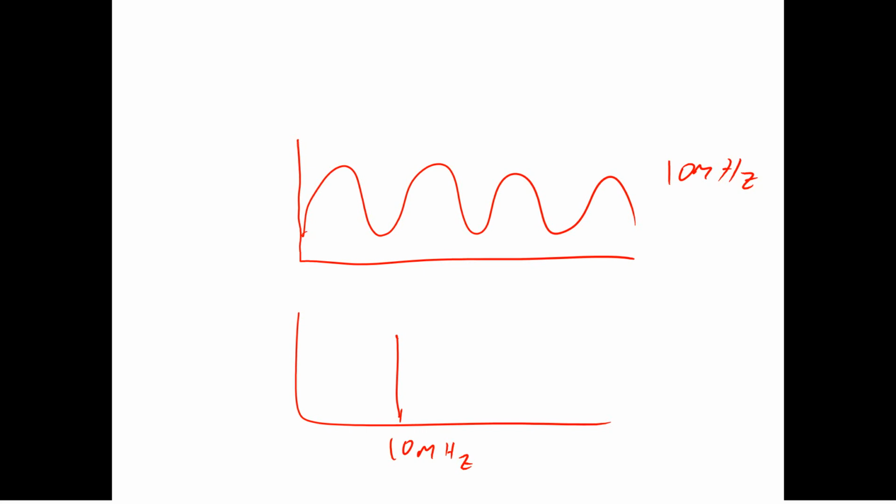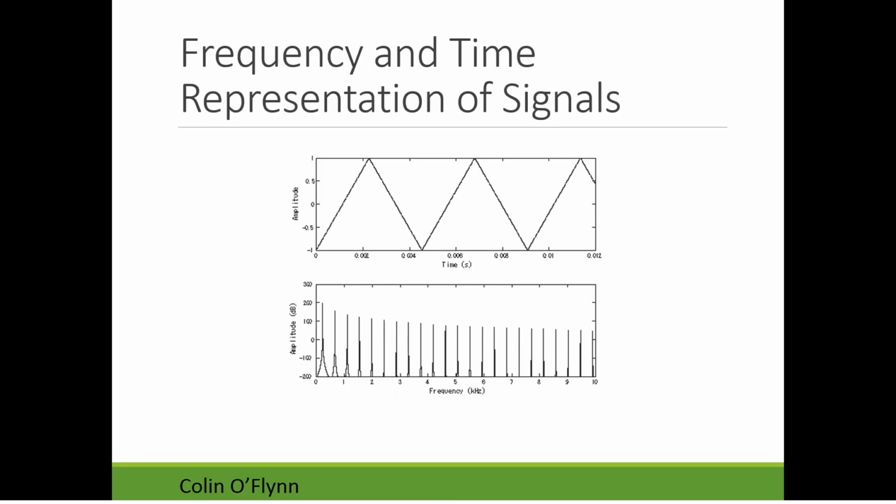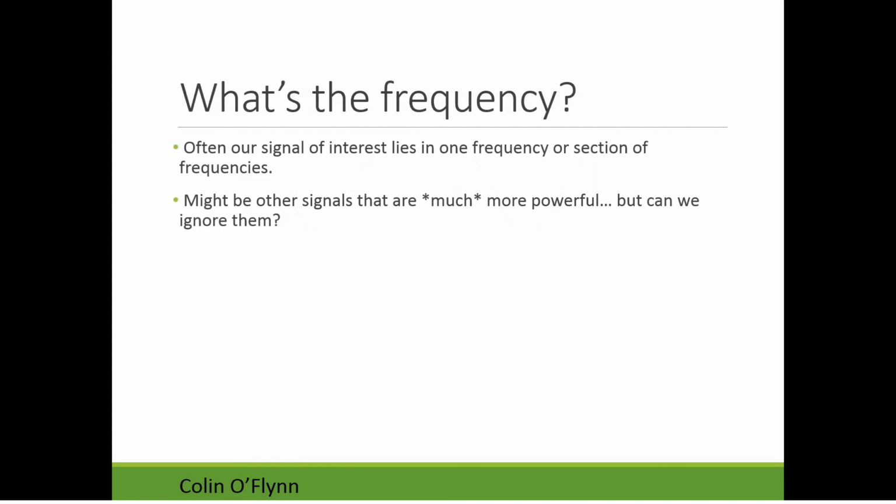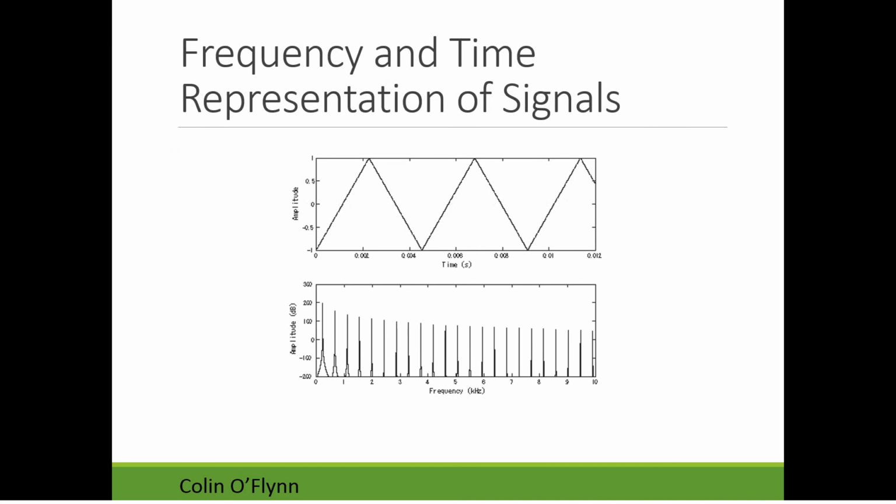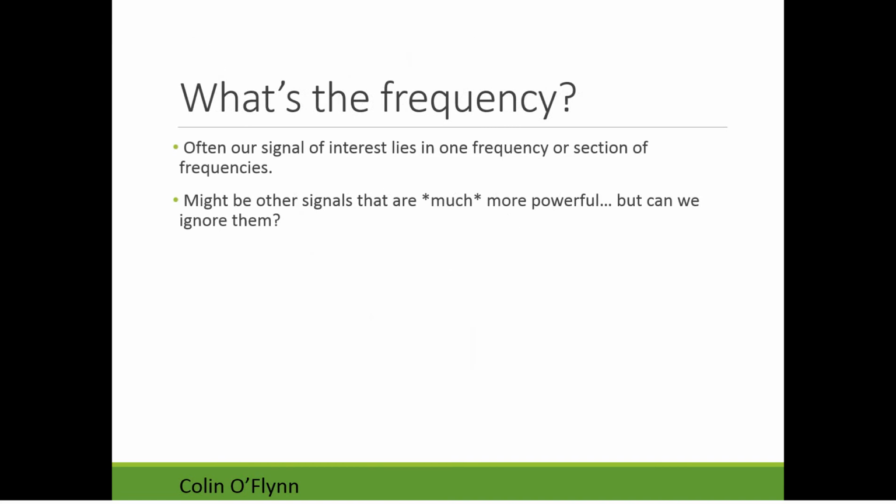More complex signals will have different spectrum. So we could have a triangle wave like this. You can see it has a frequency spectrum where the harmonics are going outwards, so there's more than just the single frequency component associated with it. And what we want to do is adjust that frequency spectrum. So we want to say, actually, we only want frequencies below or above some certain point. And it's this point that we're going to deal with in filtering.